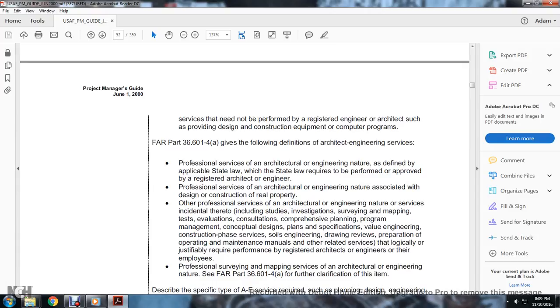Services that the state law requires a registered architect or engineer to perform, associated with the design and construction of real property, and other professional services of an architectural or engineering nature, or services incidental thereto, including studies, investigations, surveying, mapping, testing, evaluation, consultation, comprehensive planning, program management, conceptual design, plans, and specifications,